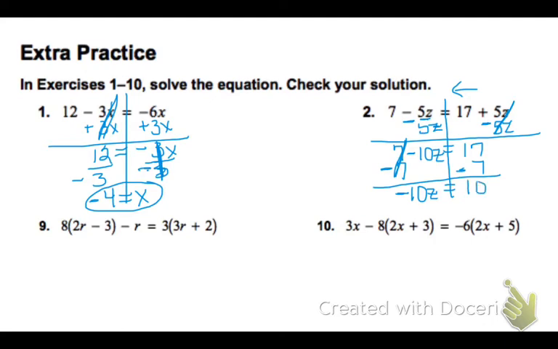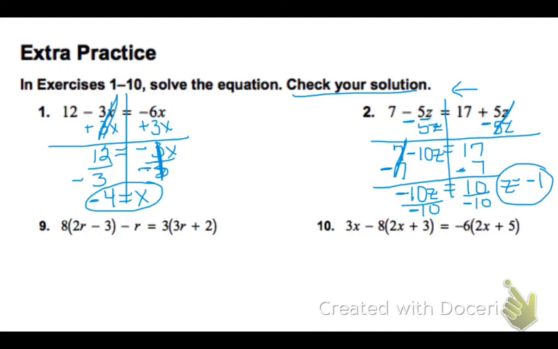So when I divide both sides by this negative 10, as my last and final step, I will get z equal to a negative 1. And if you take the time to check your solution, you will find that that is correct, and it does satisfy the original equation. Moving on, you will have to turn the page to page 16 to find the problem